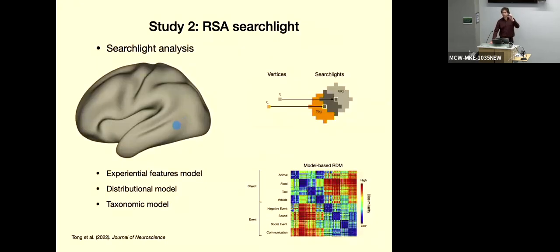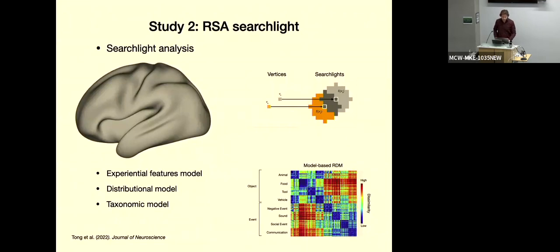In that study, we selected ahead of time which areas we wanted to generate the neural dissimilarity matrix from. So in another study, we did the inverse. We used RSA Searchlight, and this study was led by Tony Tong, as part of his PhD dissertation. And in this approach, you look at each patch of the cortex separately. One at a time, you generate the neural dissimilarity matrix. You compare to the predictions of the models, and you put the result in that voxel. And then you move to the next patch. Once you've swept the whole cortex that way, you get a map that tells you how strongly the neural activation in each patch correlated with your model.